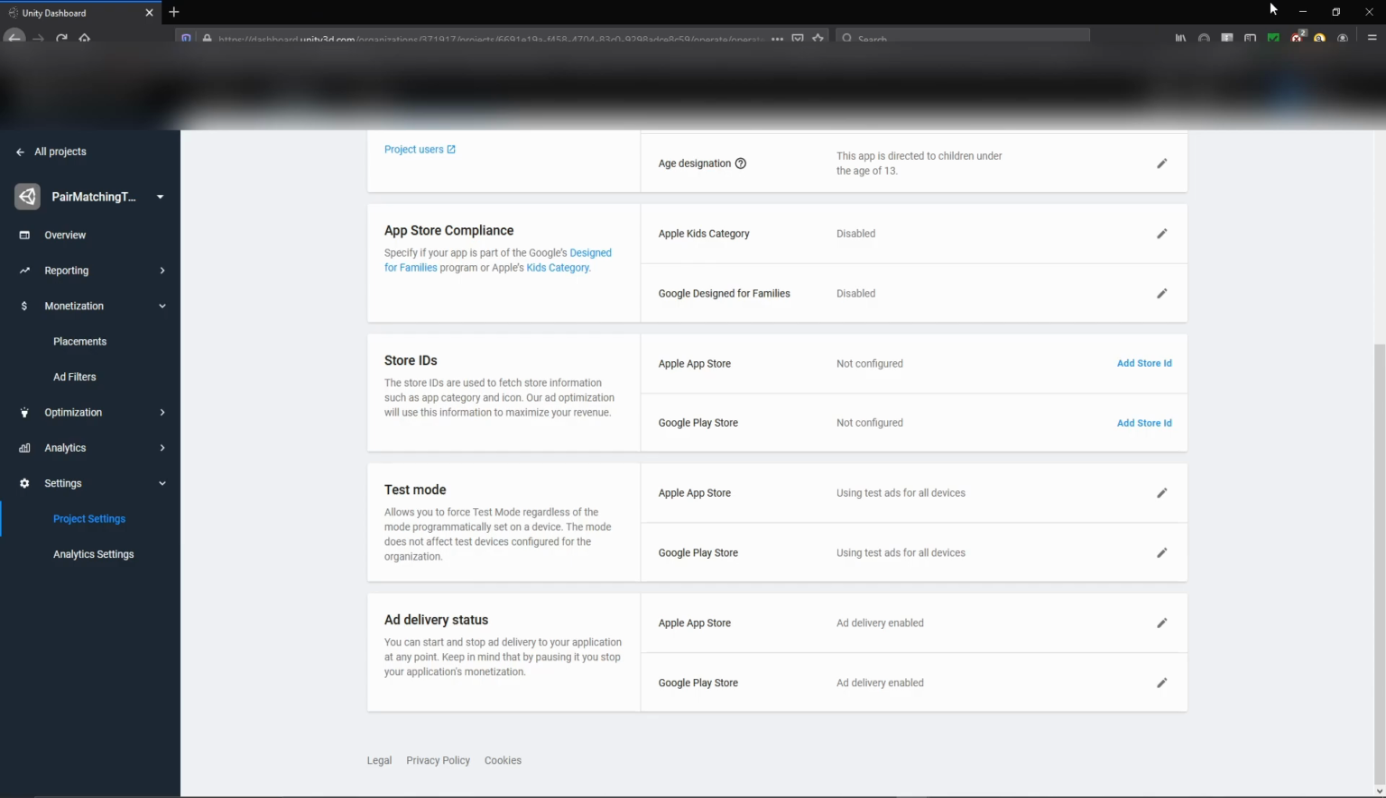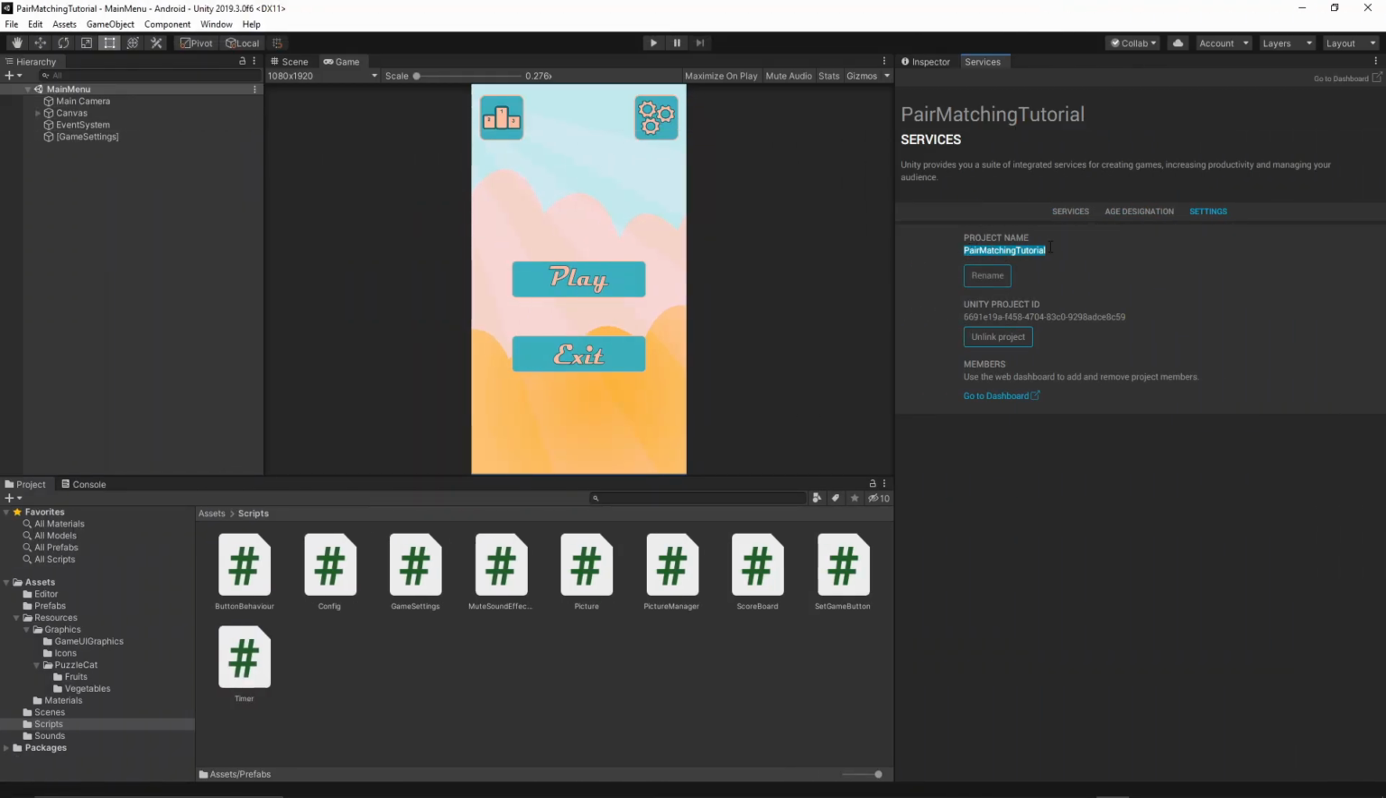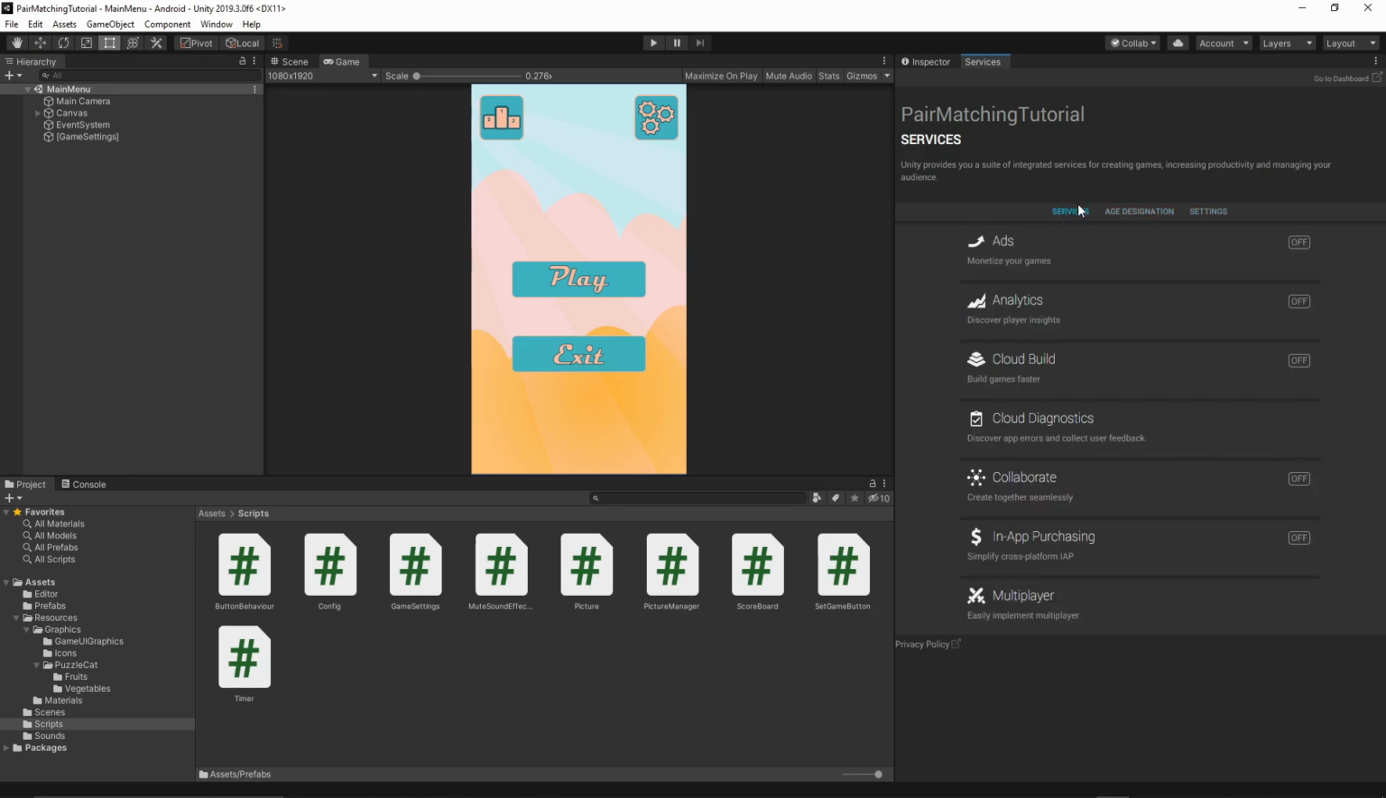Let's now go back to our Unity and make sure your project is linked to this project, so that there is a project name which is matching the project name which you just modified. If for some reason your project is not linked, you can unlink the project, and then from the list you can select the correct project which you want to link to, and then go to that project dashboard and then create the advertisement. Okay, so once you've done this, we're going to go to the services, and then let's select the analytics,